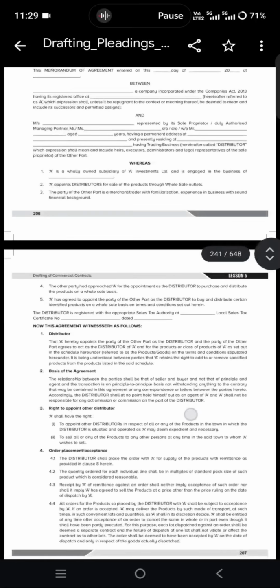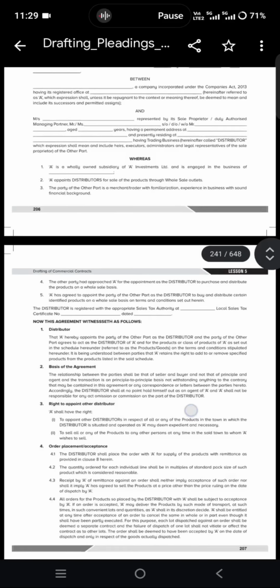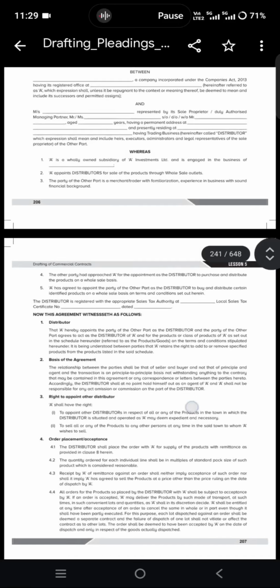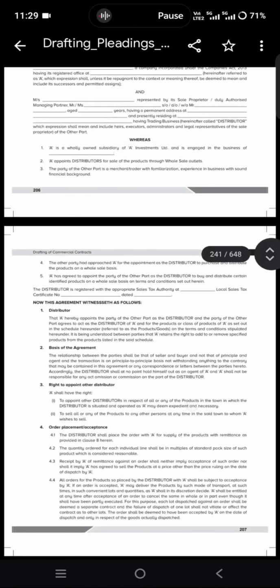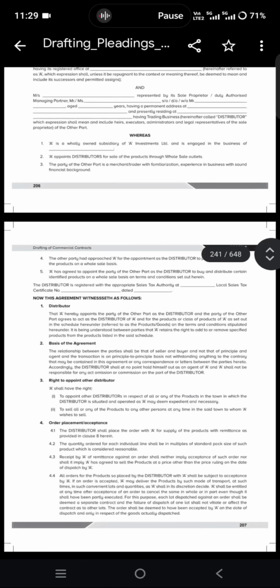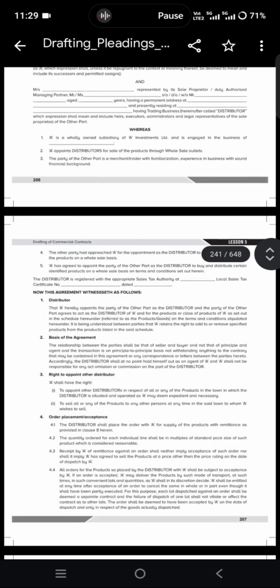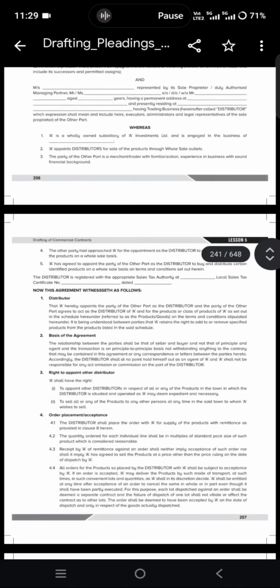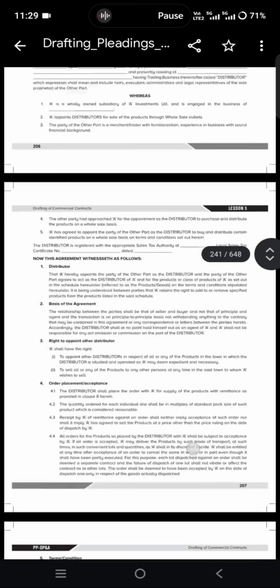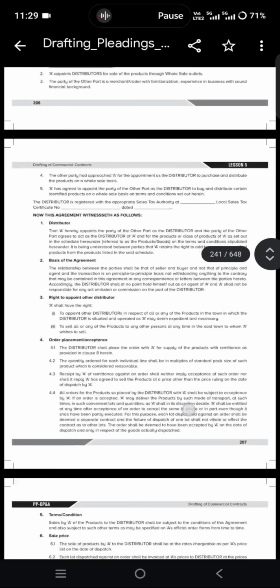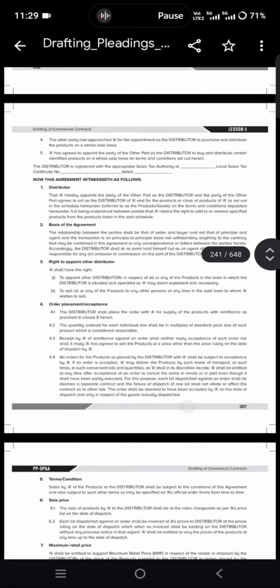And a specimen of a dealership contract: the company appoints a firm as a dealer to sell the products. So the first one is appointment, and for how much period the dealer will be appointed by the company is the second one, term. And the minimum stock: how much of each of the company's products should be kept to meet the demand. And credit period: how much credit period is agreed between the company and the dealer. And advertisement related, and the company and the firm shall settle their accounts every 6 months, and to promote the sale of the company's products, and terminate within 15 days of the receipt of each purchase